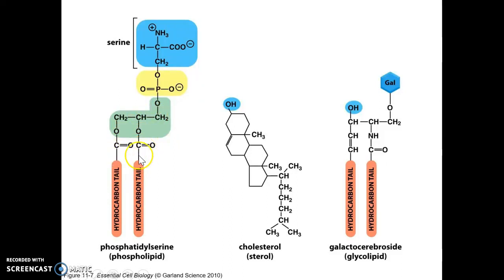There's going to be two of them, and so this would be a diglyceride. And then attached to that will be a phosphate head, and then attached to that will be some sort of head group. These head groups are either serine, choline, ethanolamine. There's several head groups that they could have,